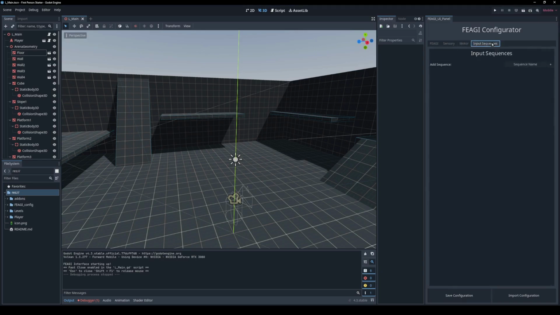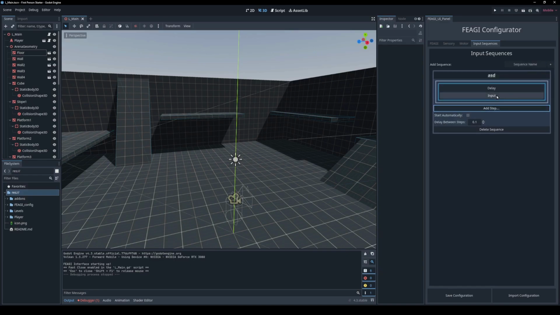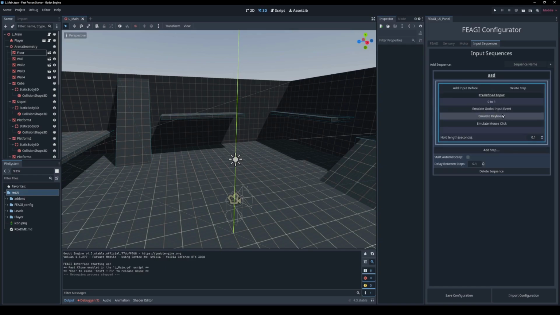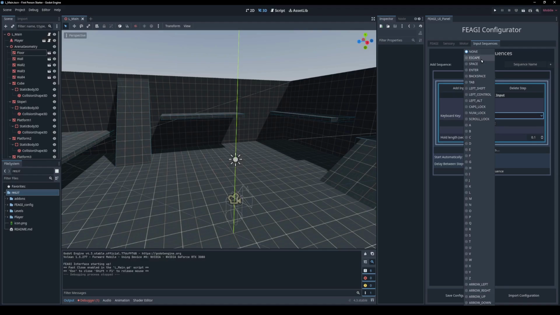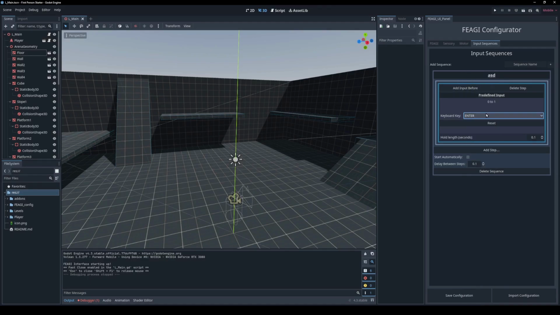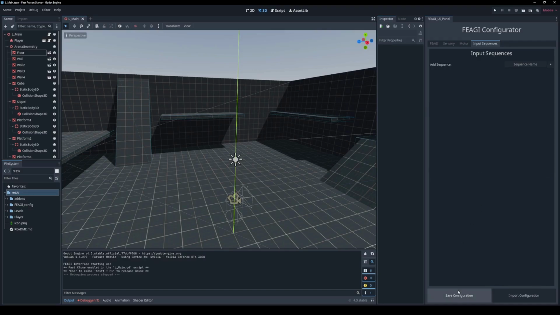And also there is a new feature as well called input sequences. This allows you to define sequences of inputs, like let's say here, pushing enter. This is pretty useful if you have menus or other things, UI elements to navigate through that you don't want FEAGI to deal with. But since the game has no menus, we're not going to make use of it. But if your game does have it, these sequences and having them start automatically is a great way just to bypass main menus and allow FEAGI to play the game right away. So we'll clear that, save,